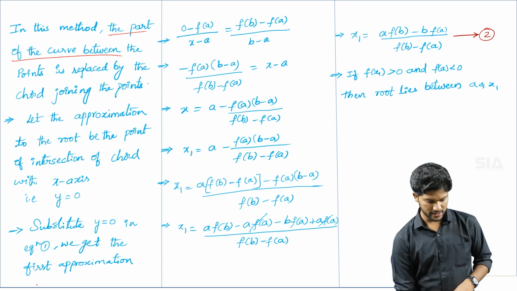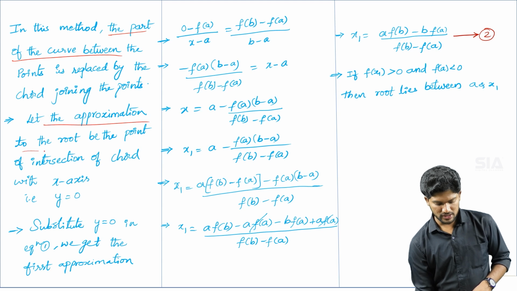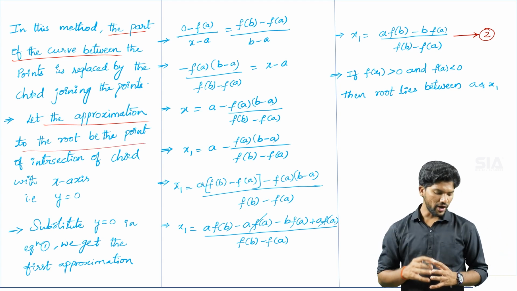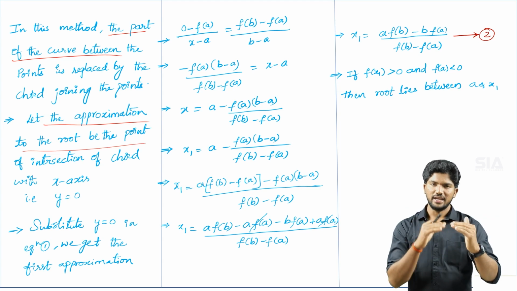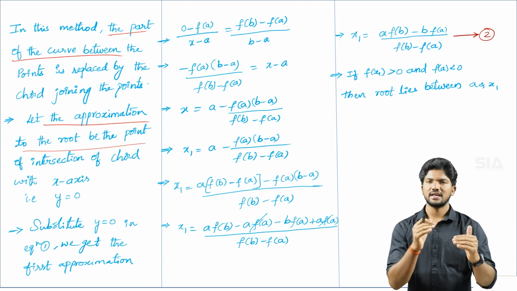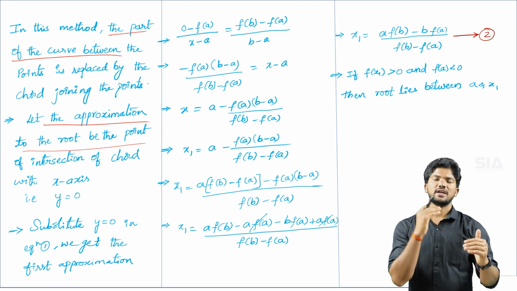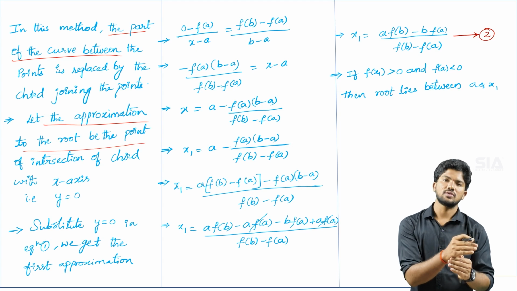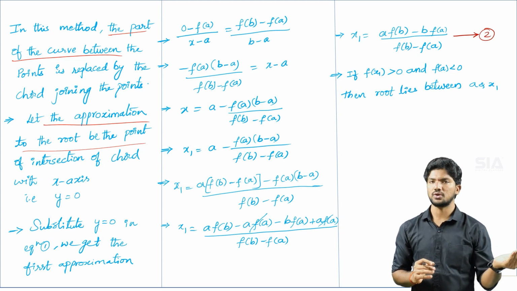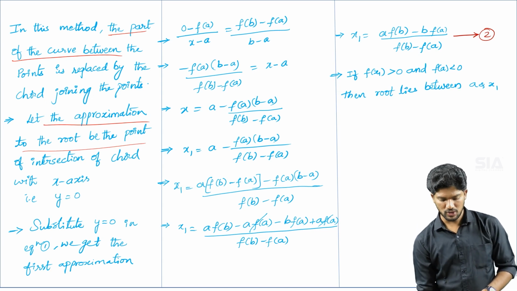Okay, so you can see in the diagram also, for this method, let the approximation to the root be the point of intersection of the chord with the x-axis. Okay, so now for any method, after taking the a and b values, our aim is to take the initial root. In the bisection method we have taken x naught is equal to a plus b by 2, that is the initial root. In this method we take the approximation root to be the intersection of the chord with the